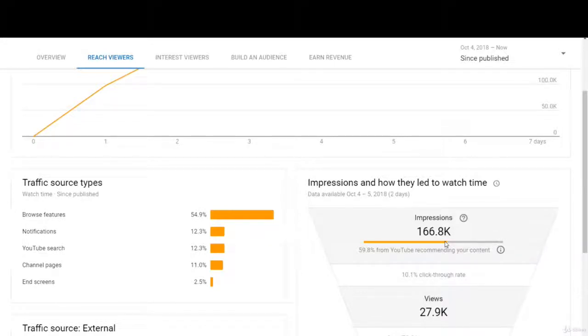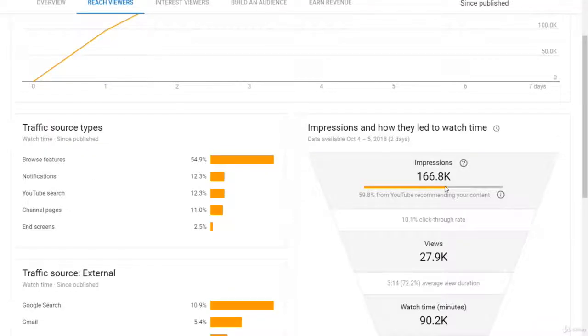And now click-through rate, you don't want to look at any of these analytics by themselves necessarily. You want to look at them together and make an understanding based off of looking at all these different analytics together, because click-through rate is entirely dependent on your thumbnail and your title. So that's going to be what drives people to actually click the video and watch. But the amount of time that they actually watch the video, which is watch time, is the most important, that's why YouTube puts it at the bottom of this pyramid, because this pyramid represents a funnel.